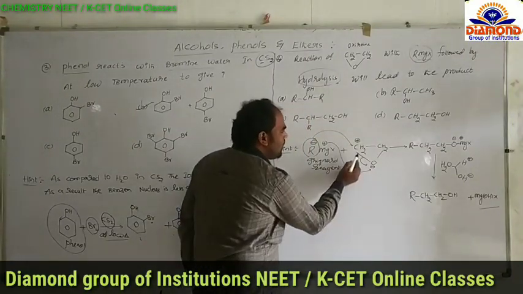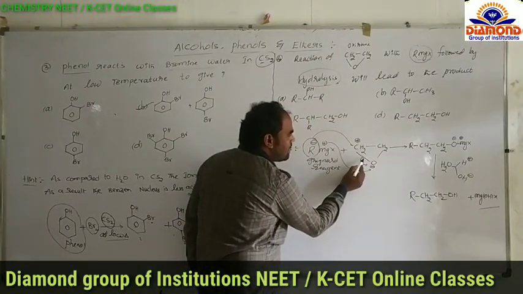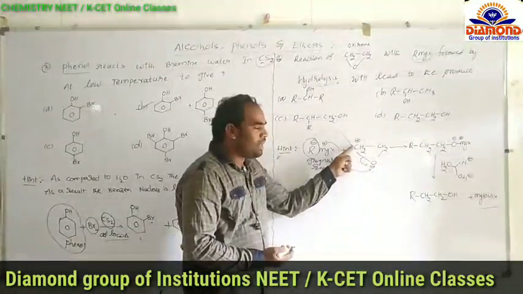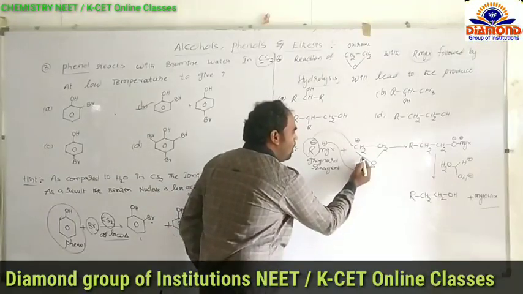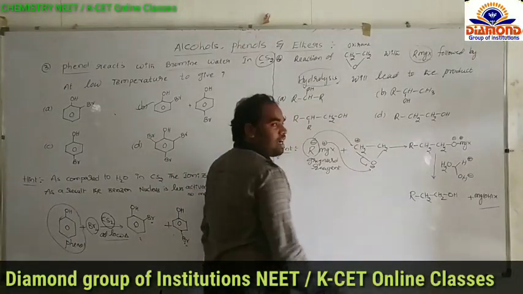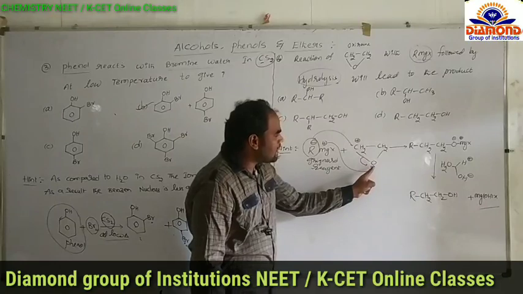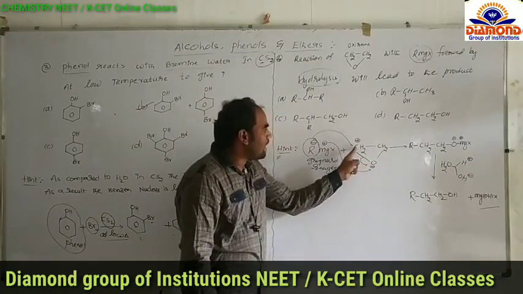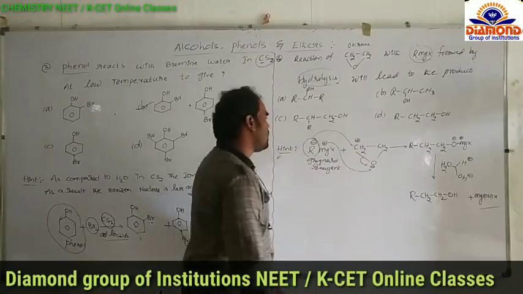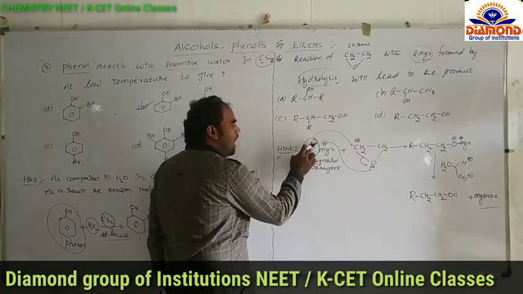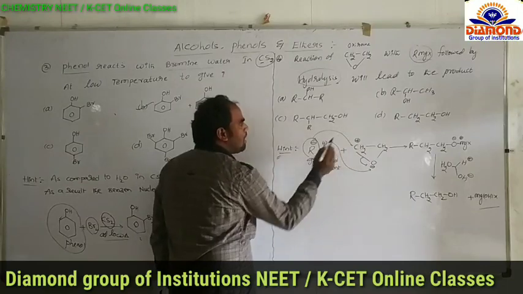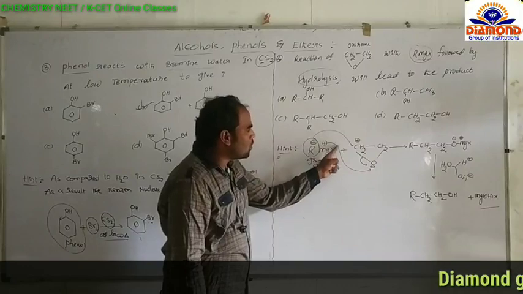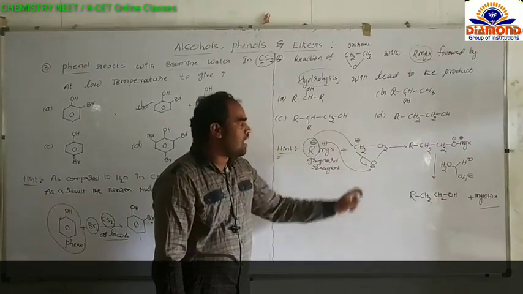What happens, students, here between the carbon and oxygen a single bond is present, but oxygen electronegativity is more when compared with carbon. Therefore this bond shifts towards the oxygen side. Now this oxygen gets a negative charge because this bond migrates towards oxygen, and carbon gets a positive charge. From this Grignard reagent, R minus goes and attacks this carbon plus, and from this Grignard reagent, magnesium plus goes and attacks this oxygen.